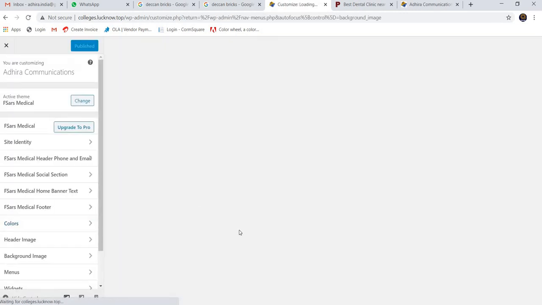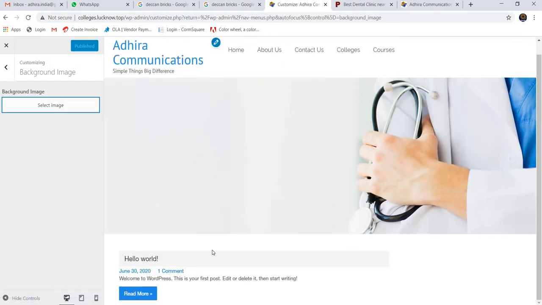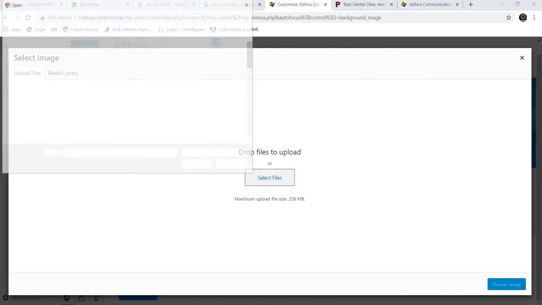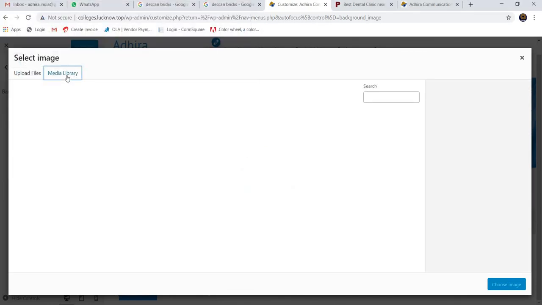This is the background where, if we want to keep an image or a color for the background, we can. If we want to select an image, you can select from the media library, or you can upload it from any place, a desktop or a file where you have already saved. You can upload like this, or you can select.